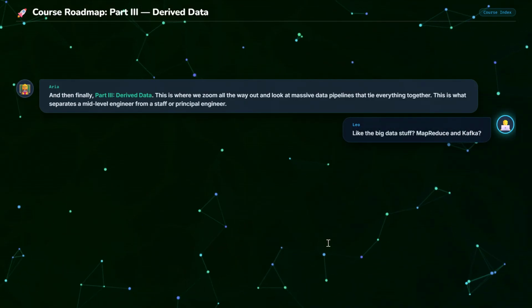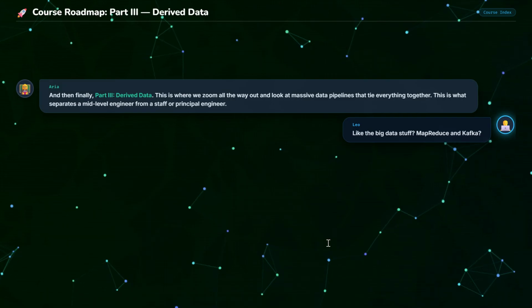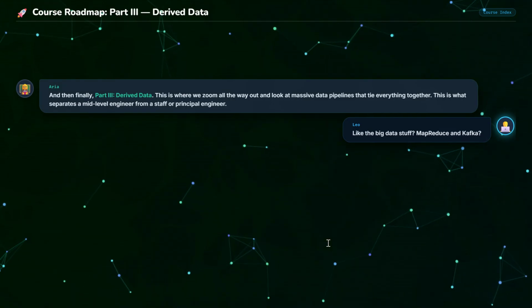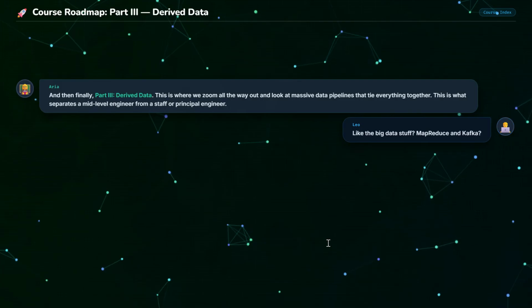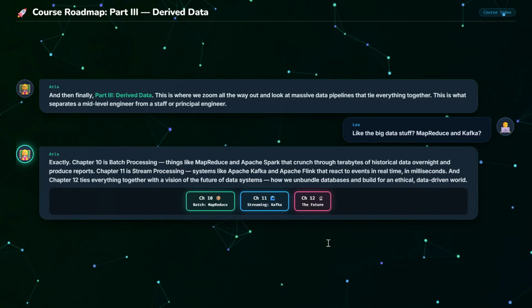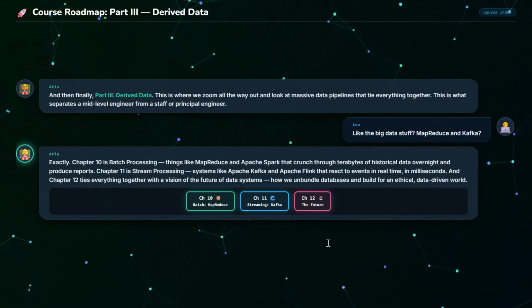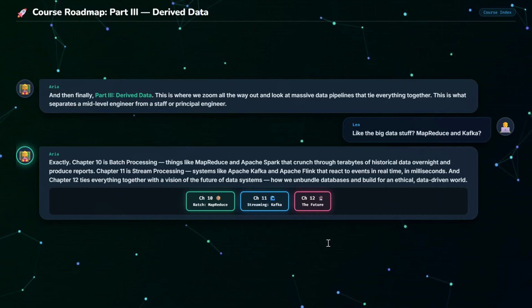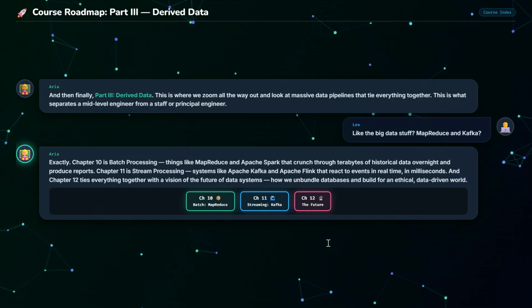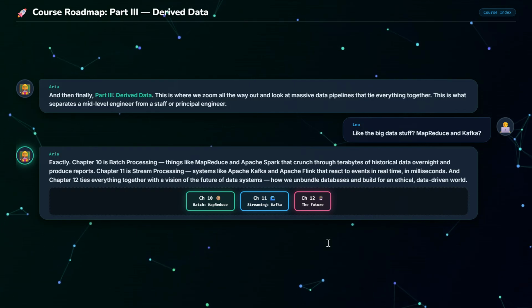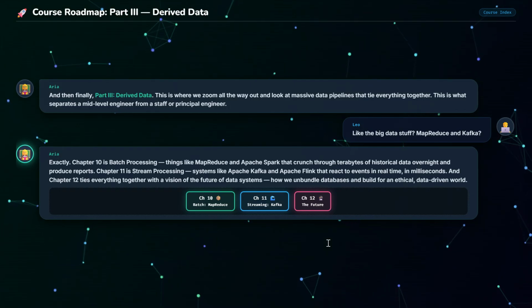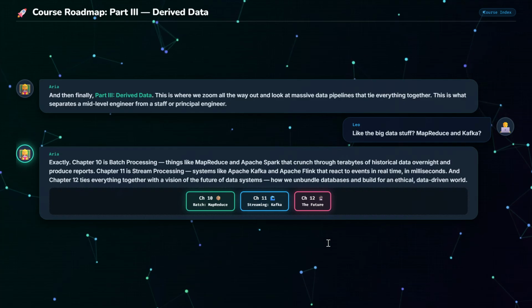Like the big data stuff. MapReduce, Kafka, Spark. Chapter 10 is batch processing, MapReduce and Apache Spark that crunch through terabytes of historical data overnight and produce analytical reports. Chapter 11 is stream processing, systems like Apache Kafka and Apache Flink that react to real-time events in milliseconds